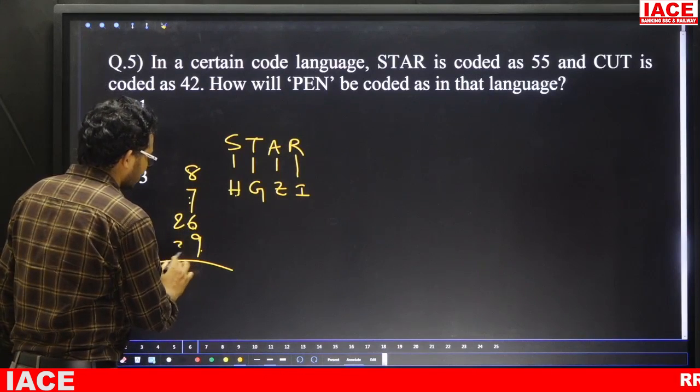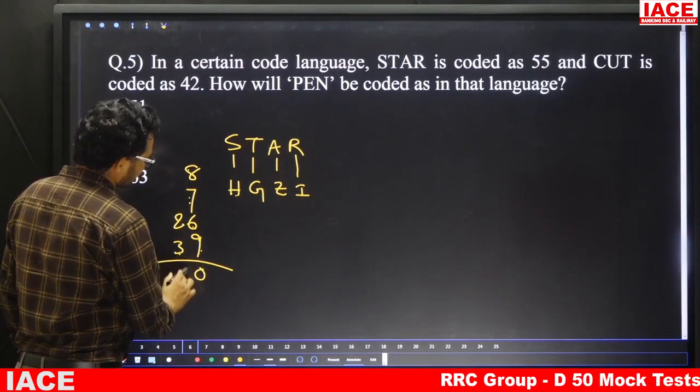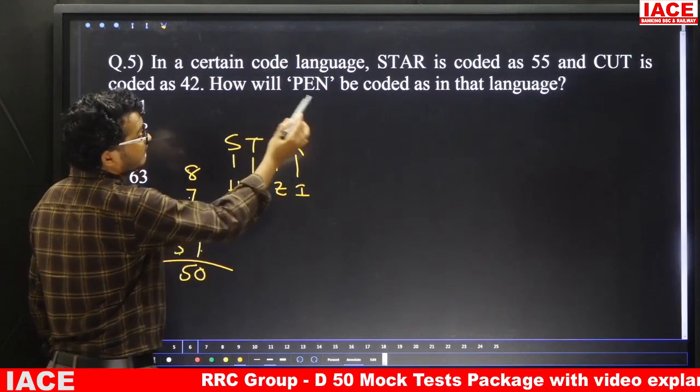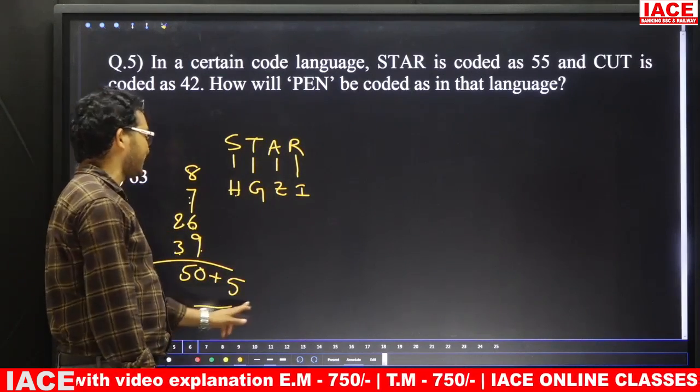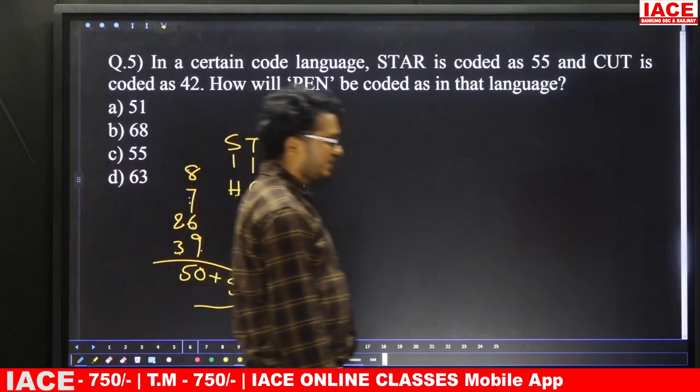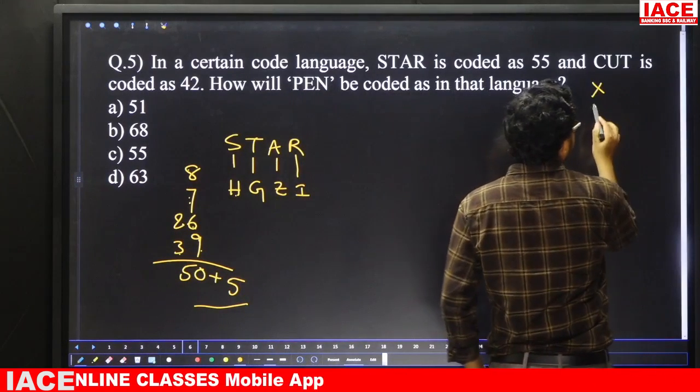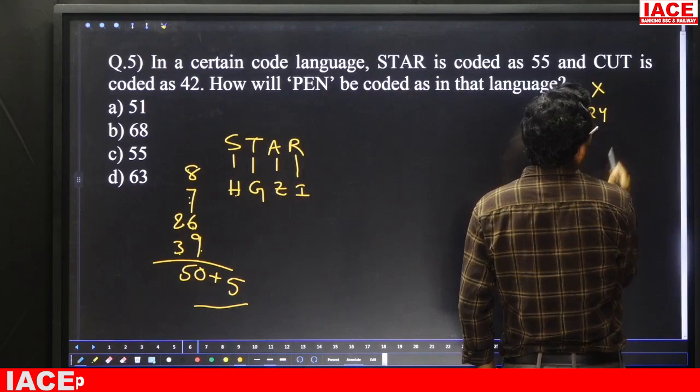Here 30. Now 2 plus 3 is what? Here 5, so 50, but they gave 55. That means the sum of opposite letter face values plus 5. Go for the next one. C opposite is what? X. X face value 24. U opposite is what?